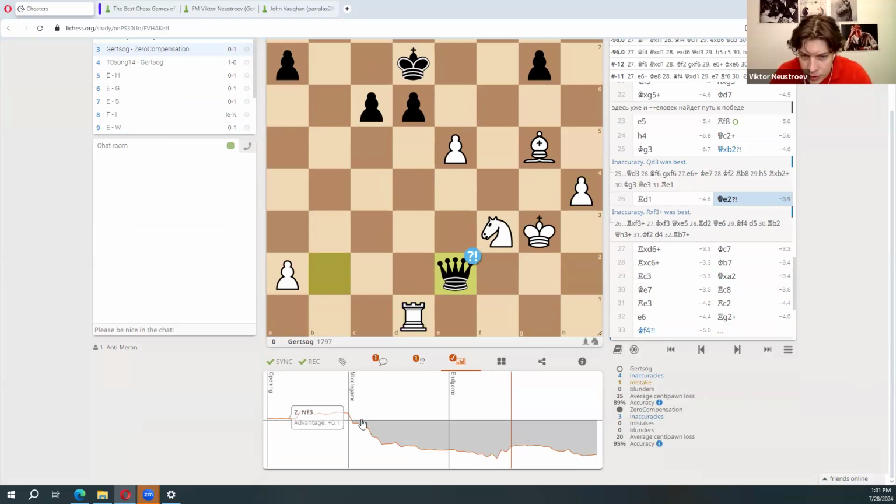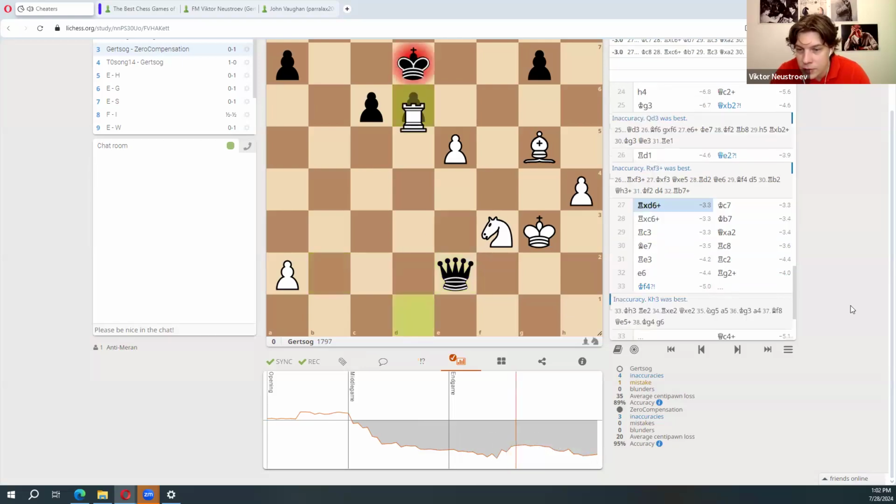So I was better. Then I started making mistakes, and his advantage increased slowly with no mistakes, with no ups and downs. So this is where he started to play on his own, and I get some practical chances, but maybe he then turned the engine on again and started winning and started defeating me.